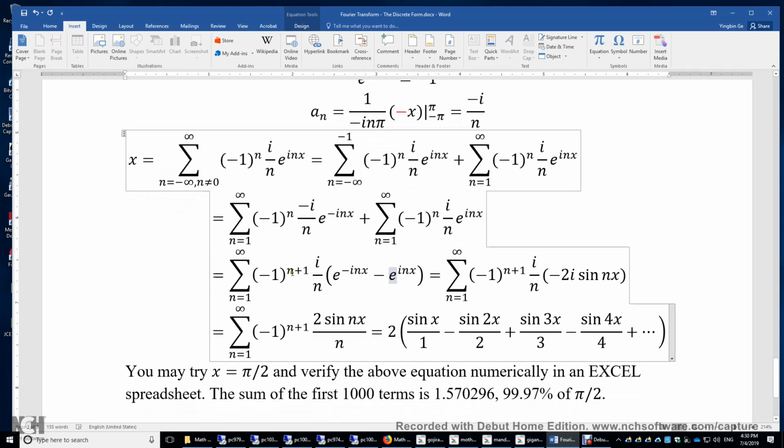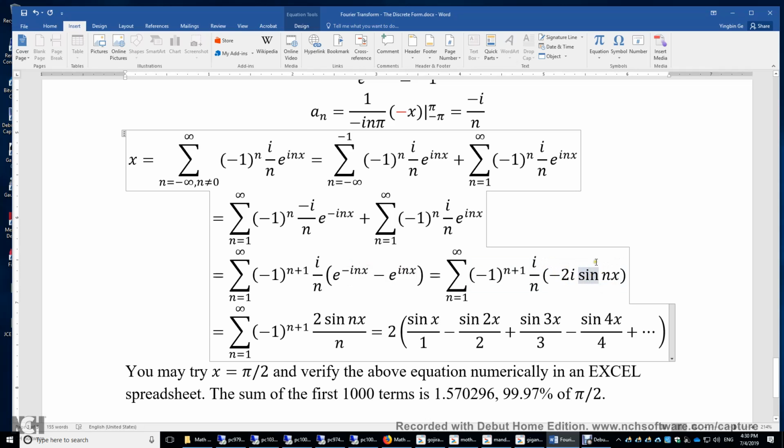We have negative 1 to the power of n plus 1 here, and then over here we introduce a negative sign, and we change this n to n plus 1. And what about this part? This part is simply negative 2i sine nx due to Euler's formula,